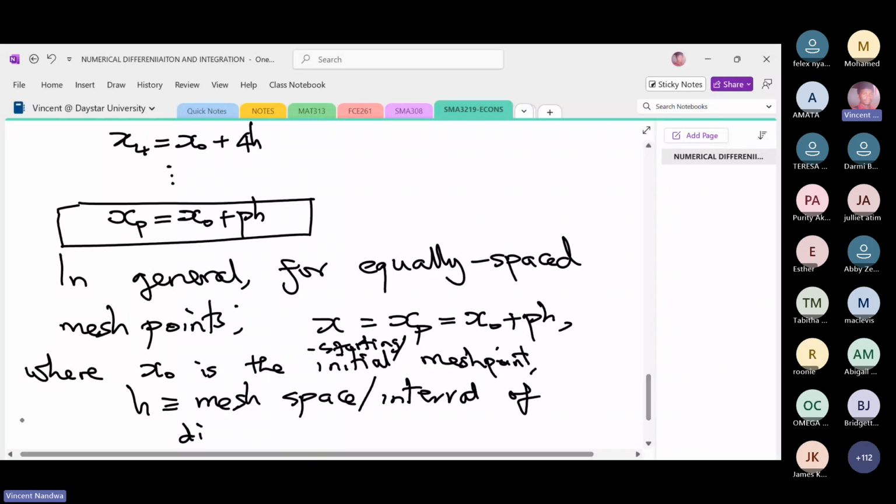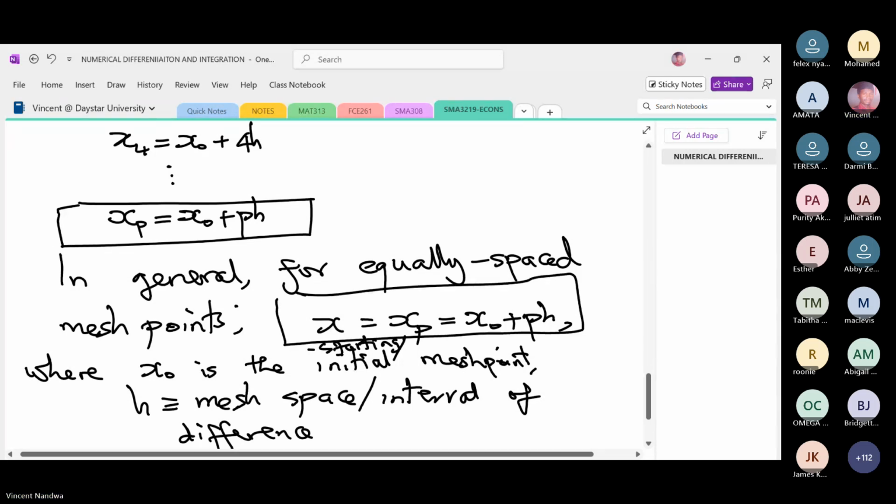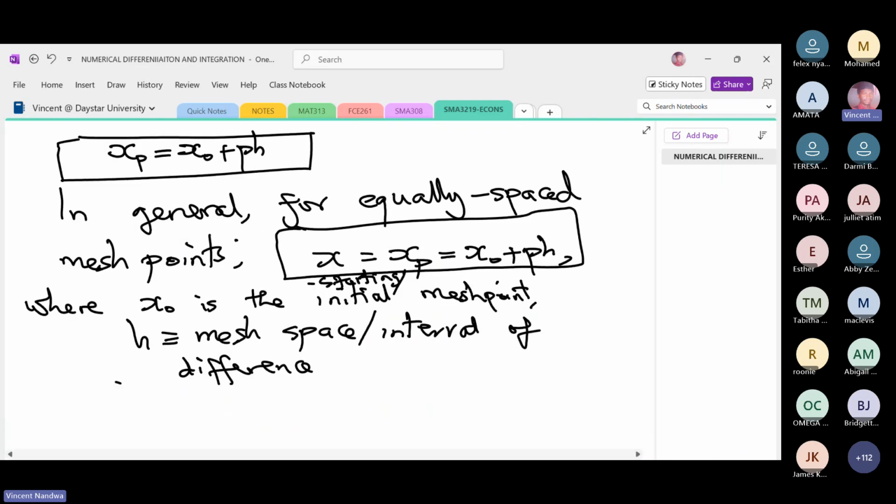These are things you discussed earlier on when you were doing the interpolation formulas. So maybe briefly, that was part A, then part B, methods based